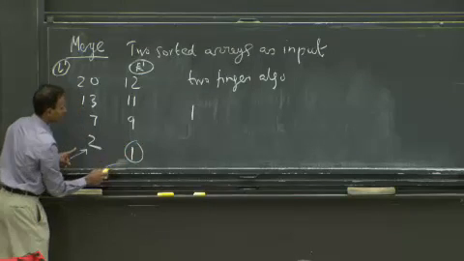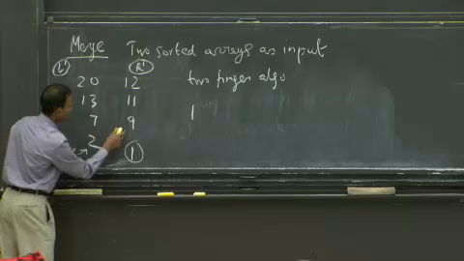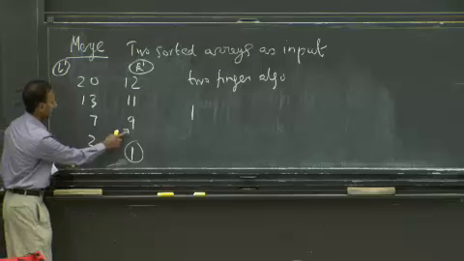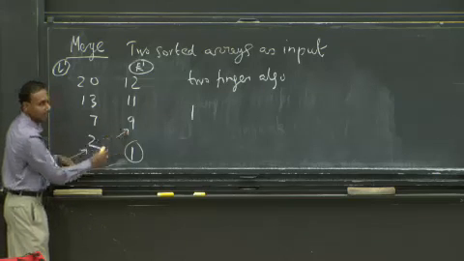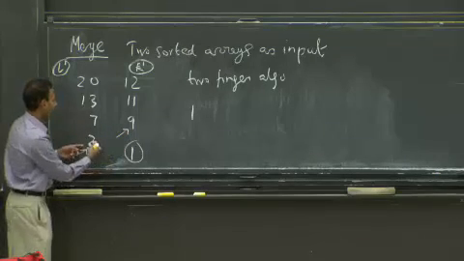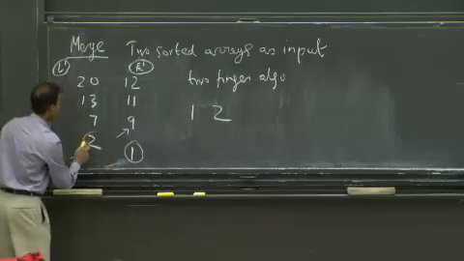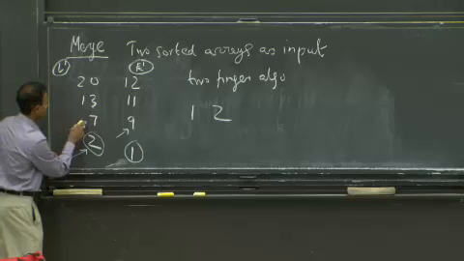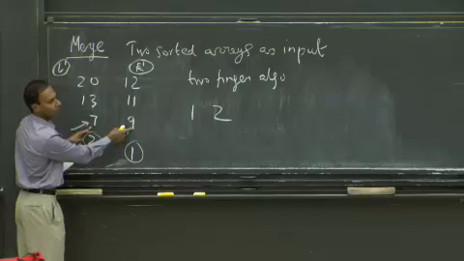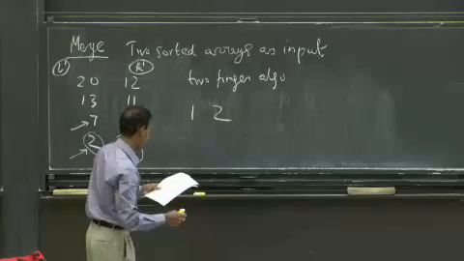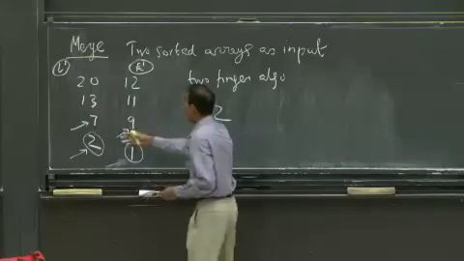So effectively, what happens is, let me just circle that instead of crossing it out, and my finger moves up to 9. Okay, so now I'm pointing at 2 and 9, and I repeat this step. Now in this case, 2 is smaller, so I'm going to write 2 down, and I can cross out 2 and move my finger up to 7. All right, and so that's it. I won't bore you with the rest of the steps.